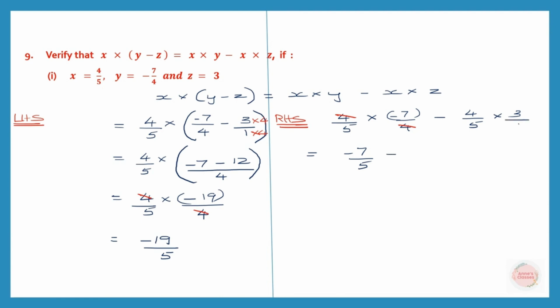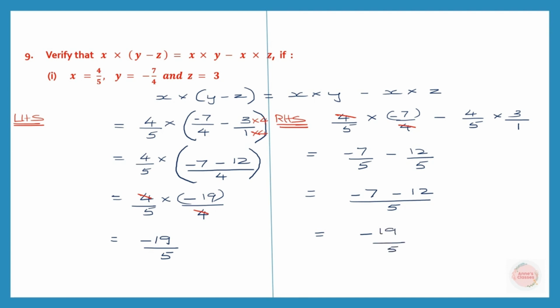let's go to the other side. 3 will have the denominator 1. Now there's nothing to be cancelled. So let's multiply the numerators. 4 into 3, 4 3s are 12 and in the denominator 5 1s are 5. So now denominators are the same. So that will be the same LCM. When denominators are the same, numerators also will be the same. So we have minus 7 minus 12. Signs are the same. We put the same sign and we add, 7 plus 12 is 19 and the denominator